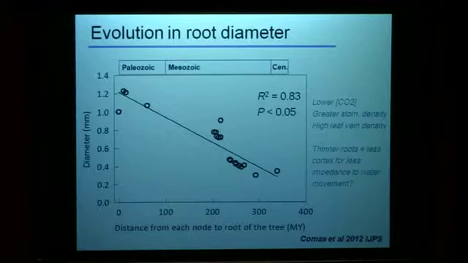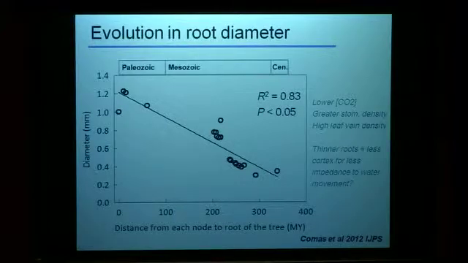There's some very nice work. Taylor Field and Tim Brodribb have shown that corresponding to this drop in CO2 levels, there were greater stomatal densities. The plants were evolving greater stomatal densities. These angiosperms were evolving higher leaf venation densities. And it turns out from our work that we're also seeing that the plants were evolving thinner roots, potentially,